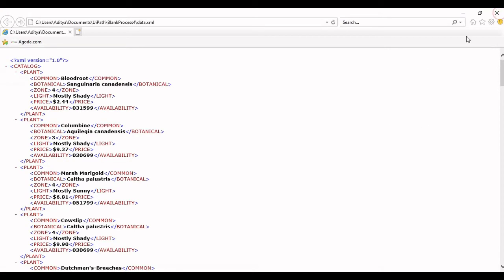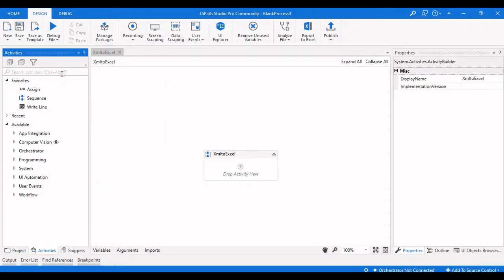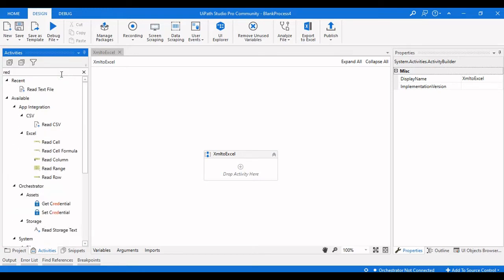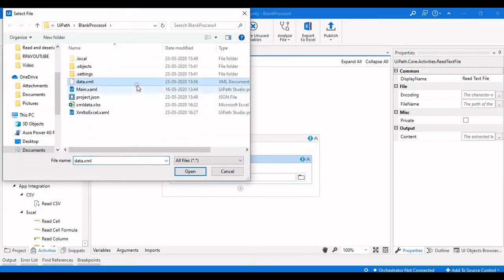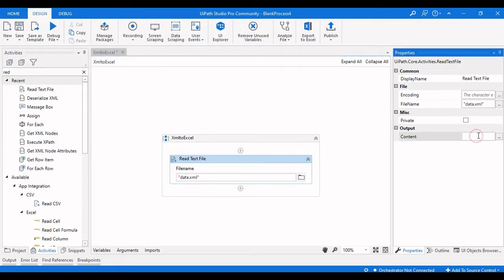So let's start our process of extracting. First we need to read that particular XML file, so we'll take a read text file activity and I will provide the XML file path here, and we can name that as XML file data.